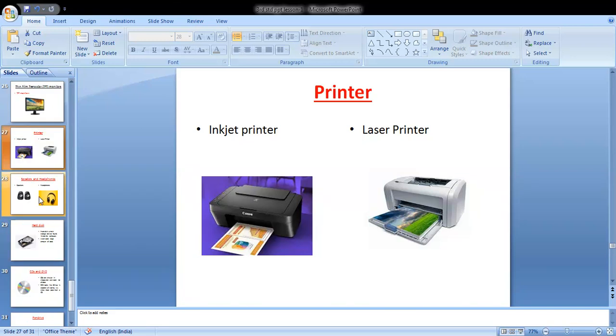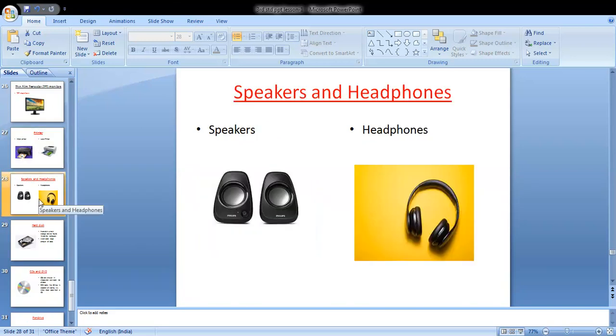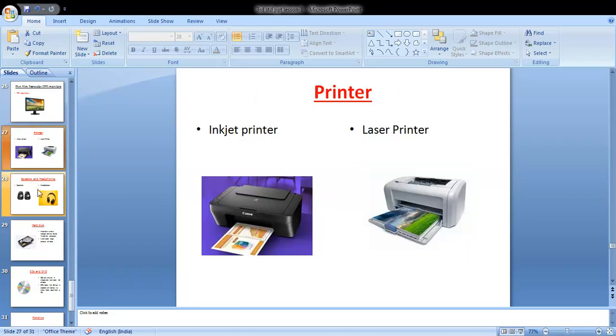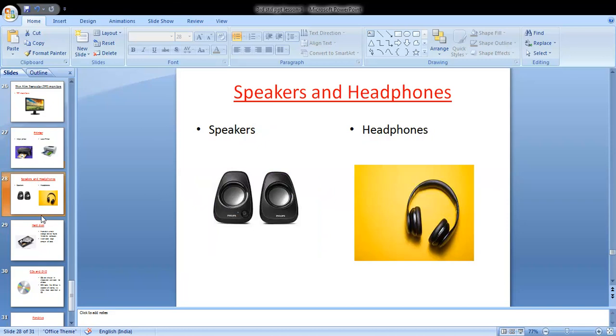Understand? Okay, so now we study speakers and headphones. All of you know speakers and headphones. By speakers you can listen to music and sound effects. Whatever music you can hear, or even watch movies on the computer, you can use speakers.